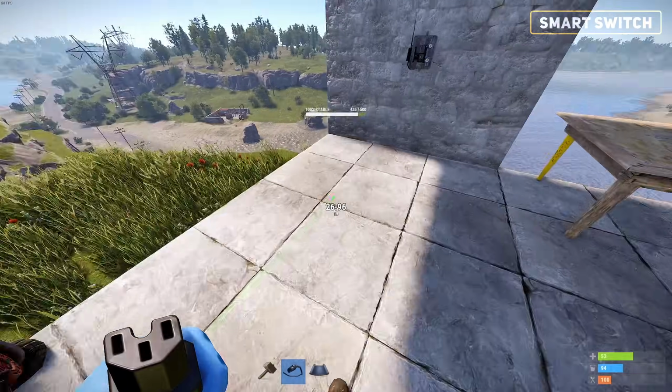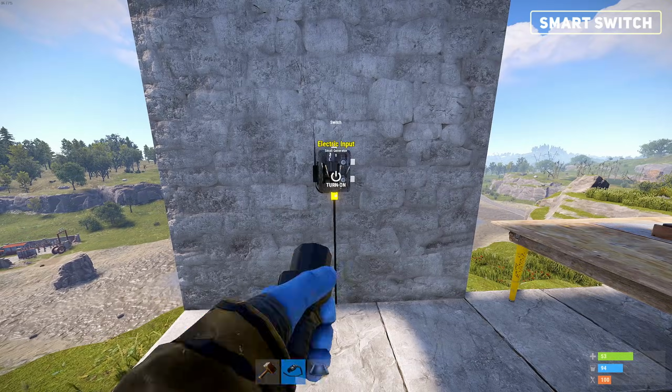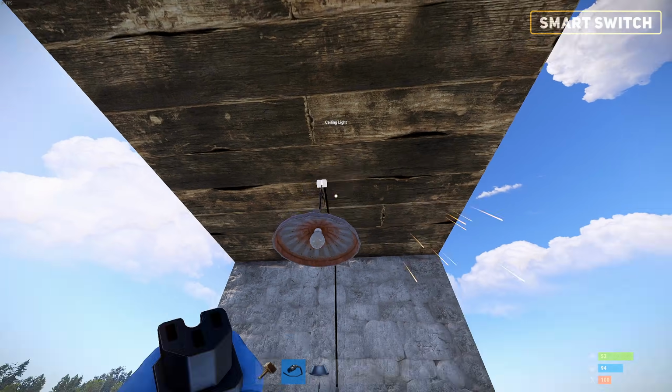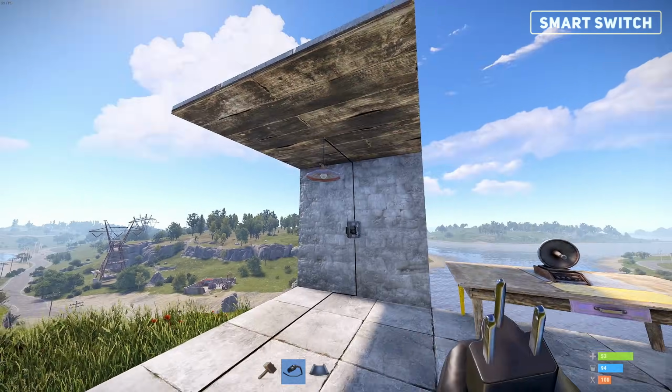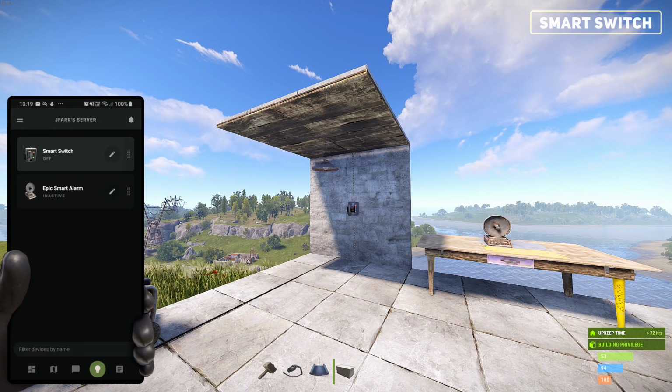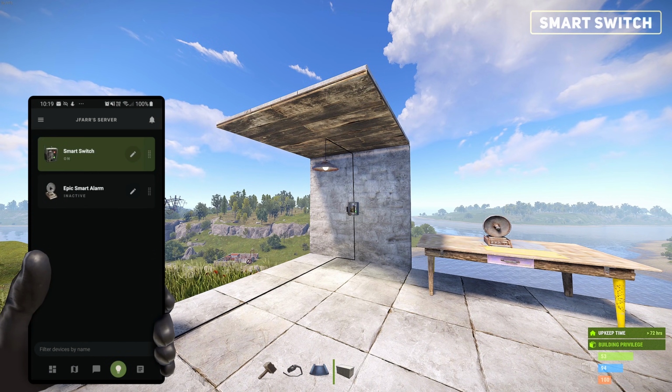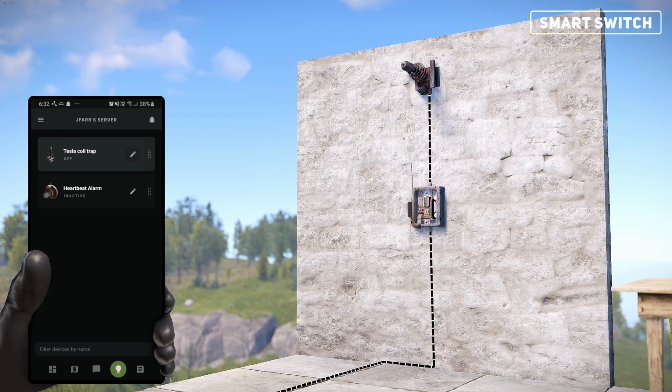If we now connect this input node to the main power source and connect a light to the output, we can manually toggle it on and off from the wall. However, we can now go into our app and control it from here. This opens up the door to creating manually controlled traps. If we get alerted that someone's in the base, we can toggle our smart switch to enable a Tesla coil,